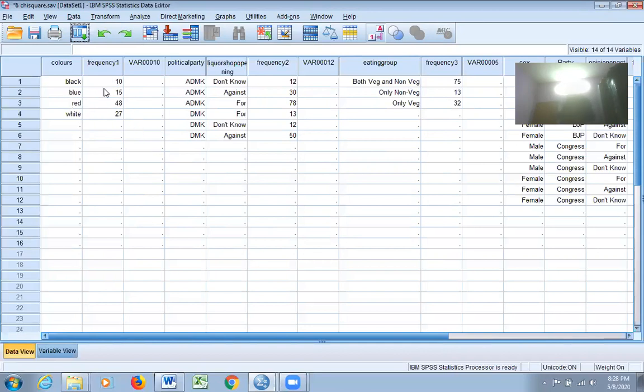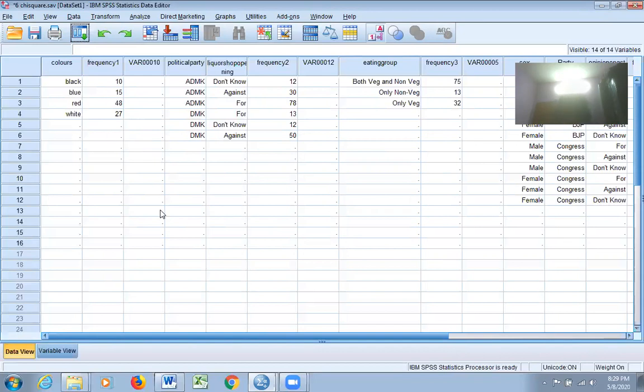Okay, fine. But here we have not got such a kind of pattern. We have got a different kind of pattern. So we want to know whether this is significantly different from the prediction. What is the prediction? There is no preferred pattern. All the colors will be chosen equally by the respondents. That is our assumption. So we want to check whether this observed pattern is coinciding with the prediction, with the pattern. What is the pattern? All the colors are the same. The respondents will choose all the colors in equal numbers.